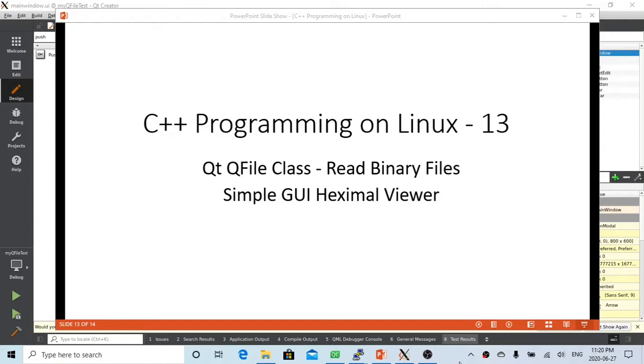In this short video, we are going to discuss the QFile class and reading a binary file. As we know, unlike text files that we can read line by line, binary files have to be read into memory in a certain number of bytes. The most common way to view a binary file is in hexadecimal mode. The example we are going to demonstrate in this video is to build a simple hexadecimal viewer in a graphical user